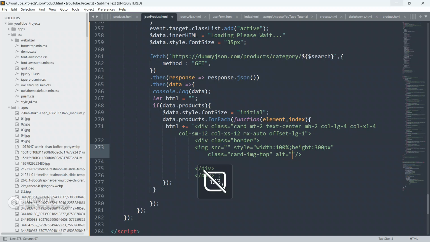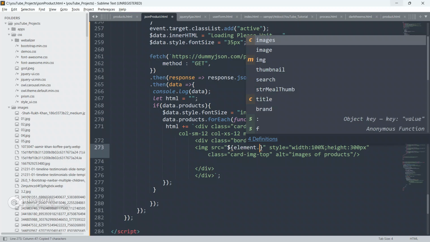Okay, so close this. You can put alt also, just give images of products. Okay, fine. So now we will define the src here, guys. We are gonna use this template string or template literal. So dollar sign and open curly braces. Okay guys, and we are gonna put this element